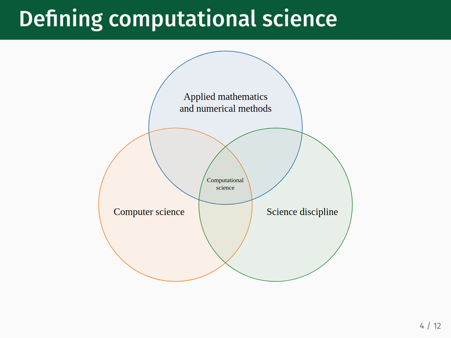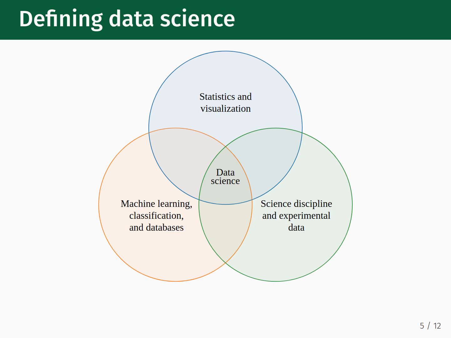If at this point you're wondering, how does data science fit into this paradigm, you would be correct that it's not clear. A large part of this is due to computational science predating data science. Data science emerged as datasets became larger, data storage and retrieval technology improved, and interest grew in developing algorithms that can learn patterns in data and make accurate predictions. The skills needed to do this kind of work resemble those in computational science, but differ in important ways, as you can see in the Venn diagram.